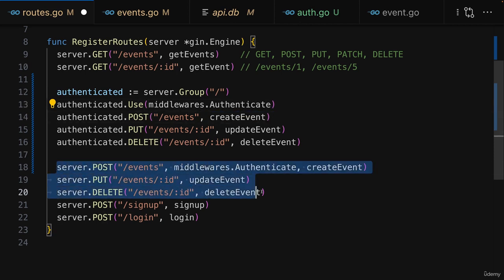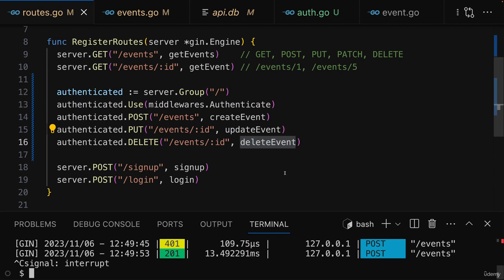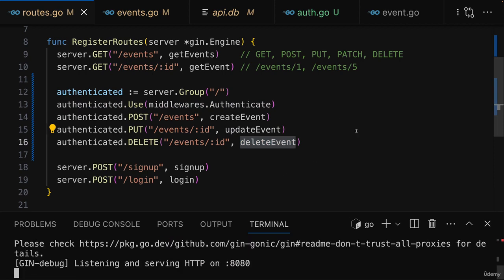And we can also remove these three routes from down there because we still got them, now just added to this group, which will now always run this middleware before the other handlers are executed. And that's therefore an easier way of ensuring that a certain middleware is executed before the actual route handlers become active. And therefore, as a result of doing that, if you restart your server here, you should now also see